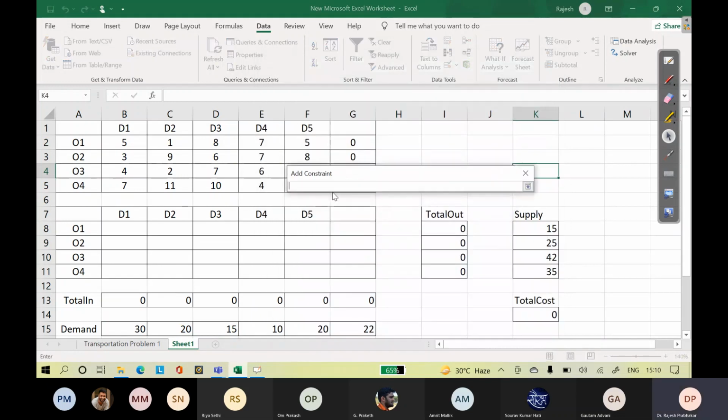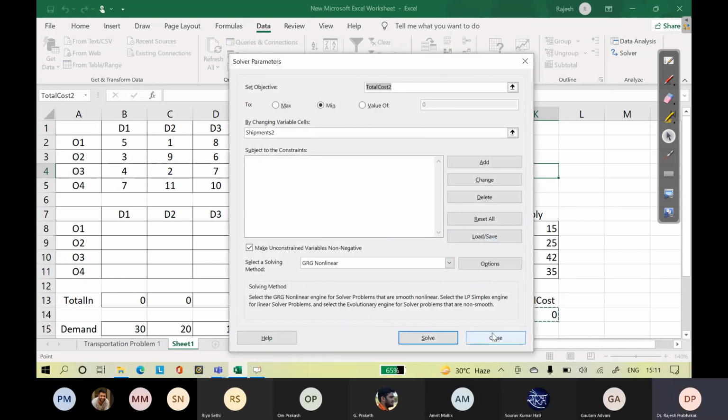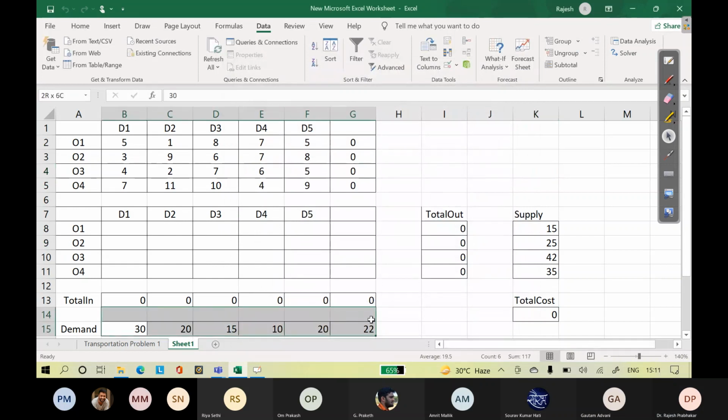Add constraint: total into is equal to demand. Did I put it for demand? Right?